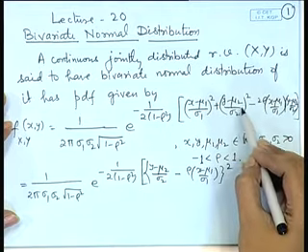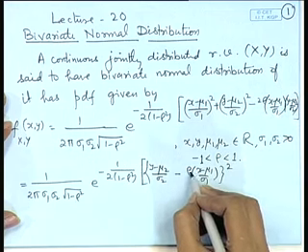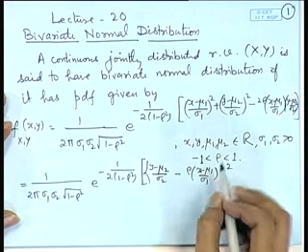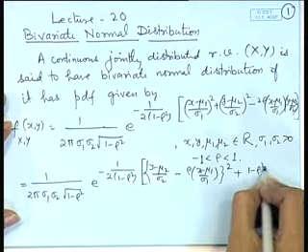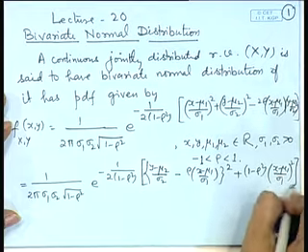Now, this square corresponds to this and the cross product term corresponds to this. So, that means I have added rho square into ((x minus mu 1) by sigma 1) whole square. So, if we subtract this, I will get the term as (1 minus rho square) ((x minus mu 1) by sigma 1) square,